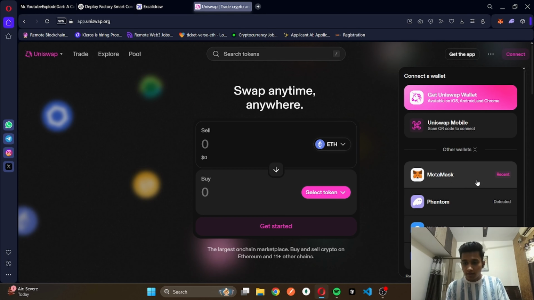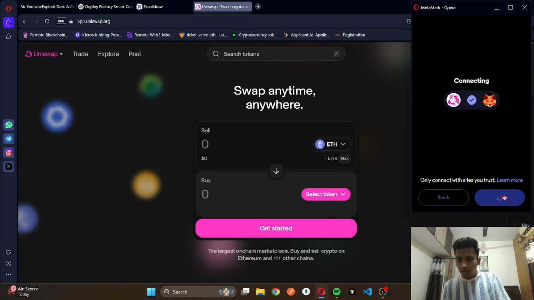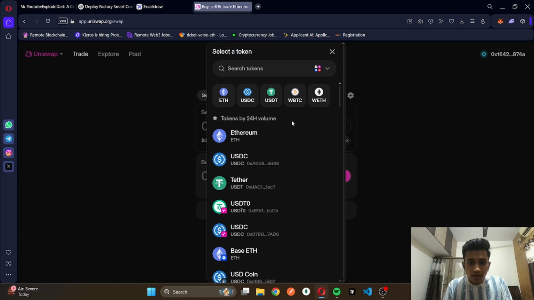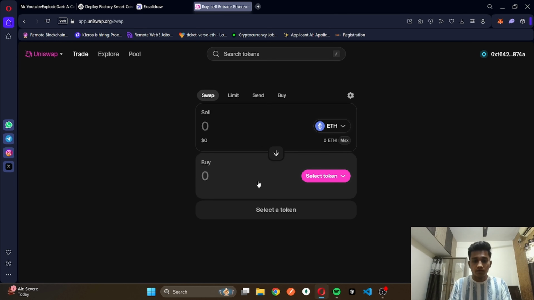They will give you that functionality, but they won't give you the functionality to connect your wallet, right? So I'll select other wallet, and I have my MetaMask and Phantom wallet over here, so it has detected them, and I'll connect my MetaMask account to it. Yeah, it is connected, right? Now, if I want to swap, let's say, 100 ETH, I don't hold any ETH over here, so I won't be able to do that. But you got an idea that you can swap your currencies from here, right?